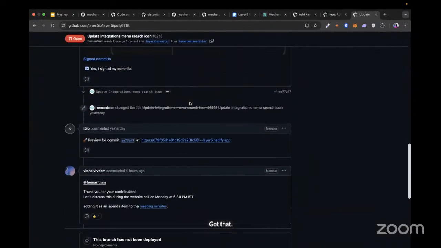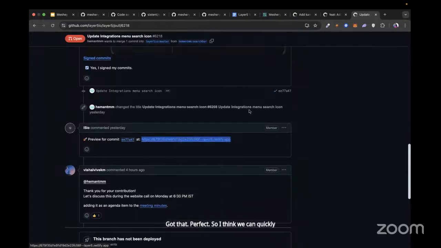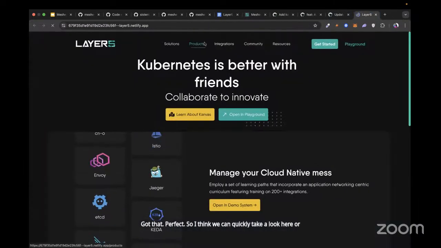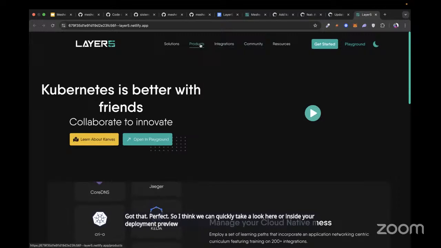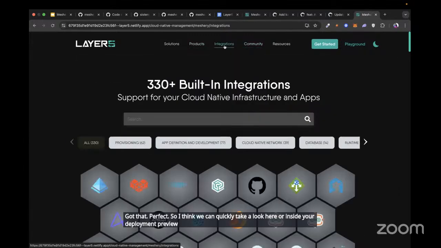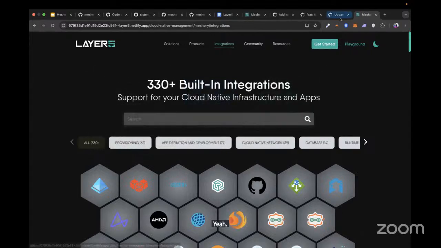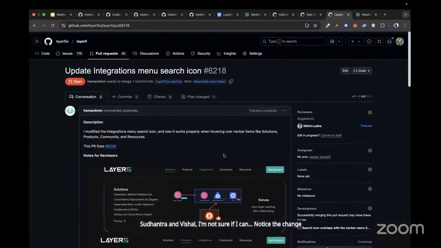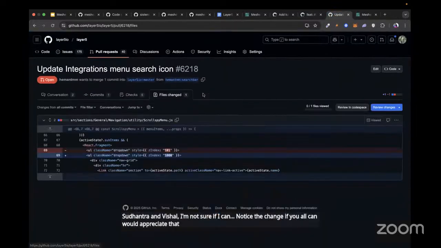So I think we can quickly take a look inside your deployment preview. Sudhanshu and Vishal, I'm not sure if I can notice the change. I'll quickly take a look at the file change that you have. You've changed the Z index here, as I can see.